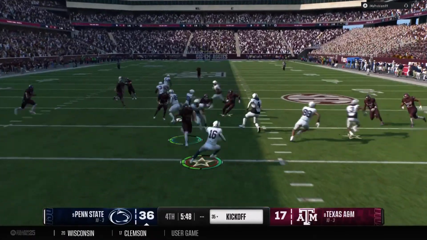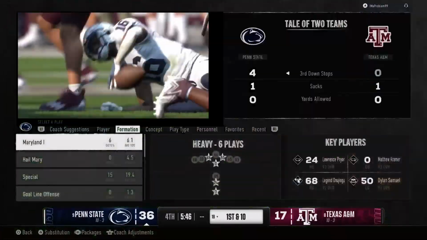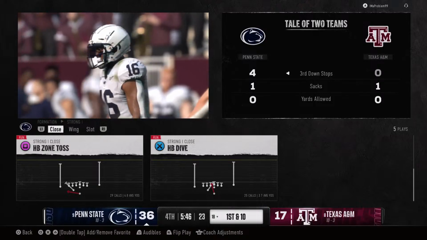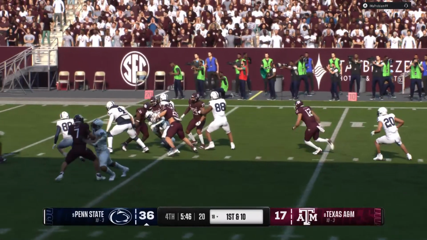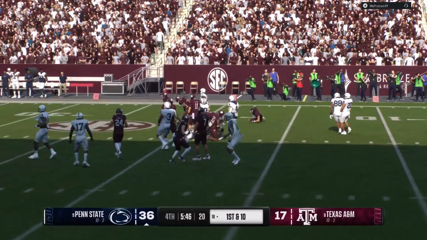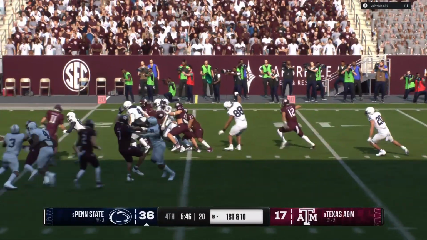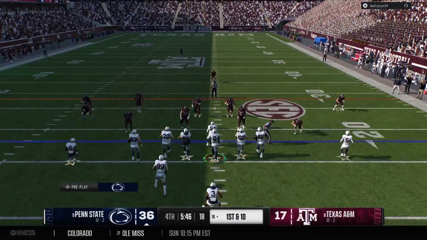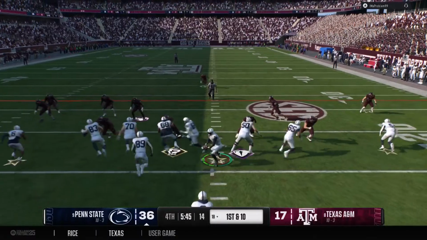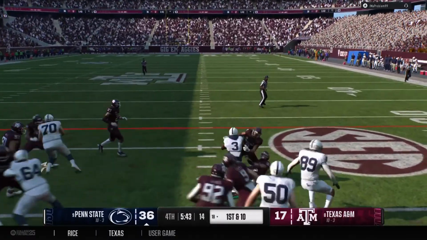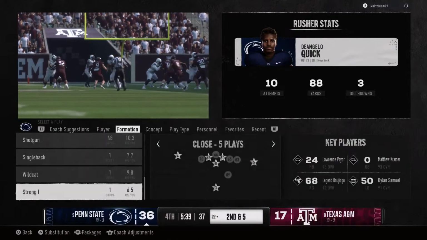And he takes this from inside the 5. He'll be tackled at the 18. That's good coverage there. Penn State offense will take over 1st and 10. And the Penn State offense is back out on the field. And they'll keep it on the ground. Running back has the handoff. He moves the ball across the 20 to the 22.